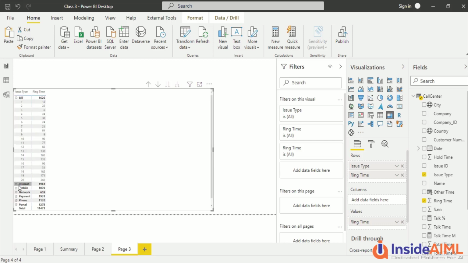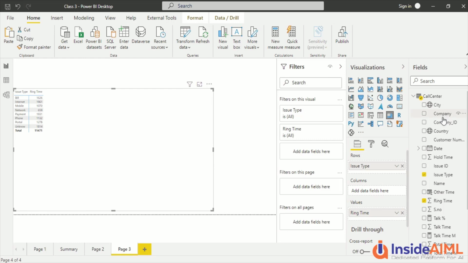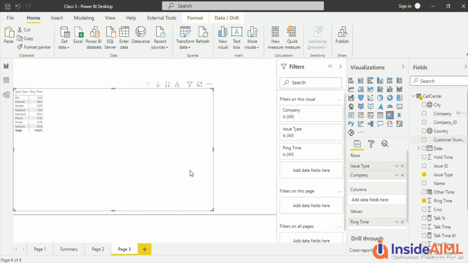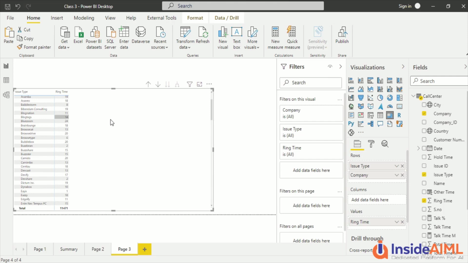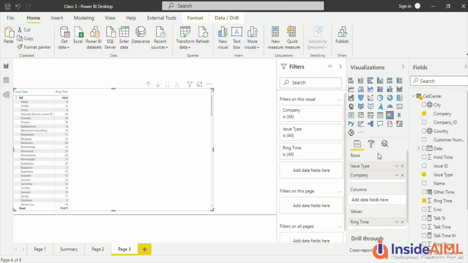So I can always have this kind of scenario where I display an expanded table. This might not be the right thing to have here. Let's drag company here, so remove it and drag company here. Now we have this kind of display which is coming. And if you want to change this display, you can go to the properties here and search for stepped layout.